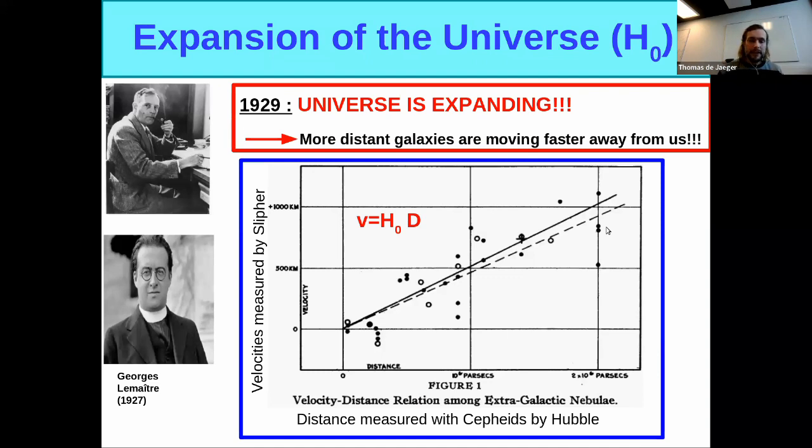So this was the first observational discovery of the expansion of the universe in 1929, made by Hubble. But I also like to mention that 2 years before, Georges Lemaître, using theoretical analysis, showed that one of the solutions of the general relativity equations was a universe in expansion too. And from the Hubble diagram, you can measure what you call the Hubble constant, which is the expansion rate of the universe, H0. So this is what Hubble did, and also Georges Lemaître.